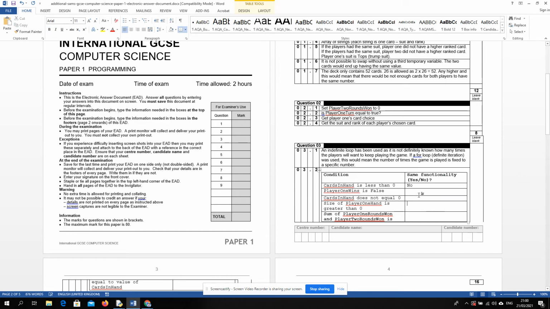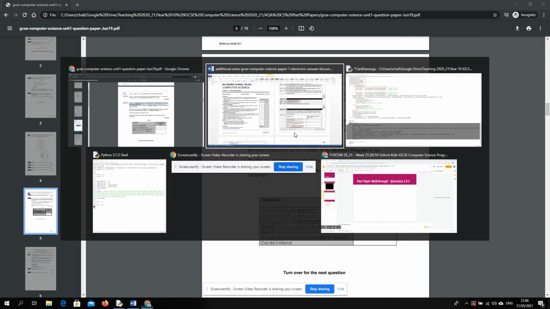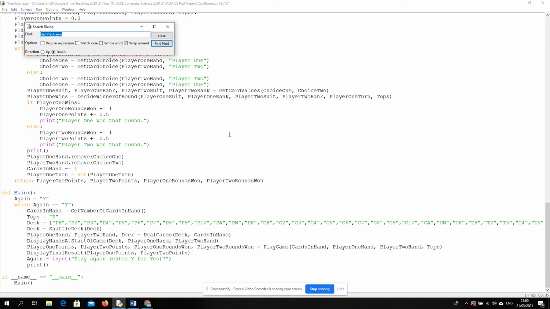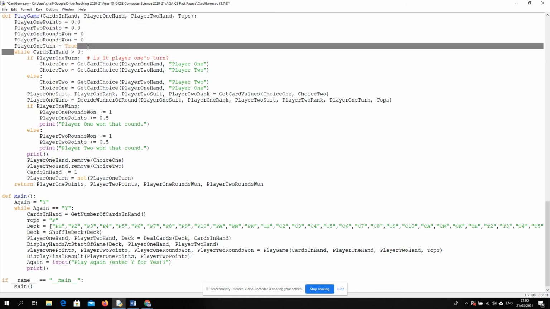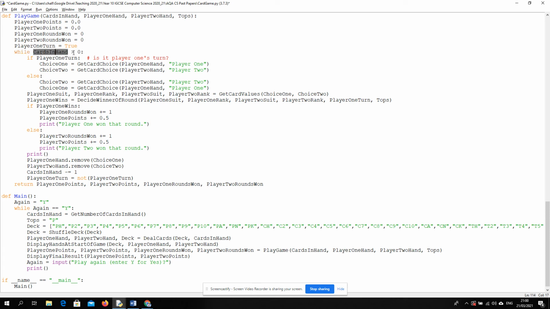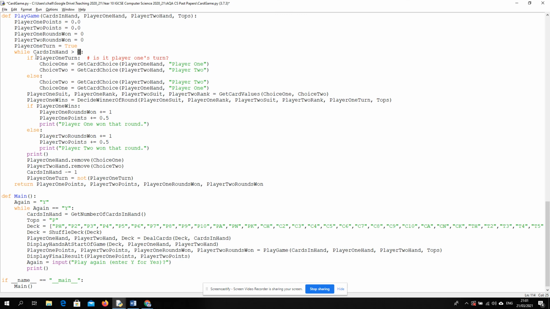Okay, so let's do the question. Okay, sorry. Let's relook at this. The while loop in the play game subroutine has a condition that controls the loop. Okay, so let's look where play game is defined, and then let's look at the while loop. We were looking at this before. So while cards in hand is bigger than 0. Okay, so let's see what is the equivalence of this